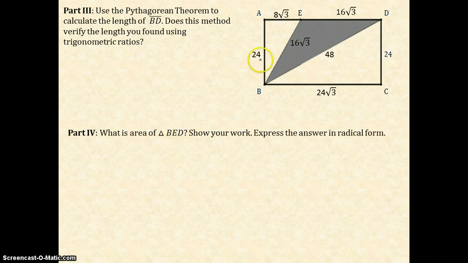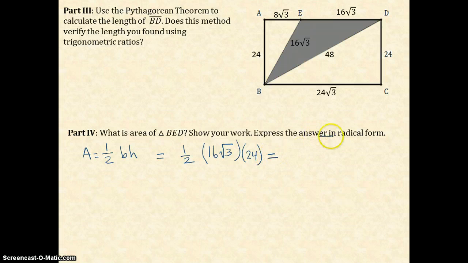So now, what is the area of triangle BED? Show your work. Well, area of a triangle is 1/2 the base of the triangle times the height of the triangle, and the base and the height have to be perpendicular to each other. So the base of the triangle is going to be 16 radical 3, and then the height would be perpendicular, 24. So the base would be 16 radical 3, the height is 24,